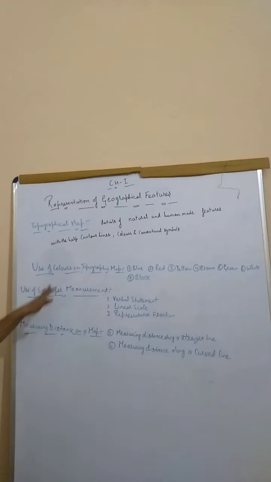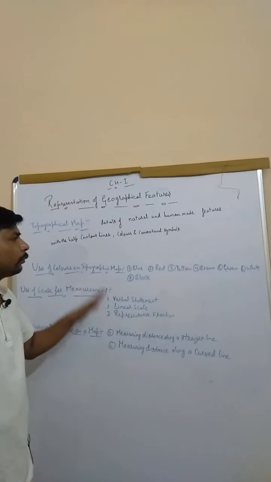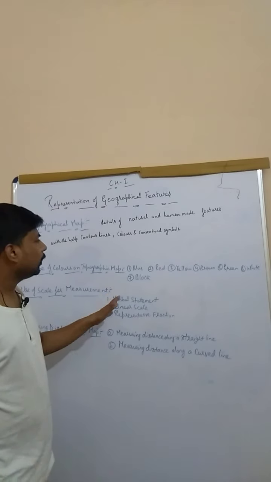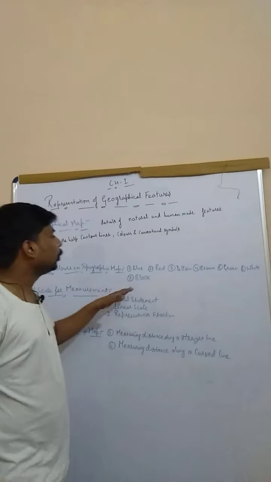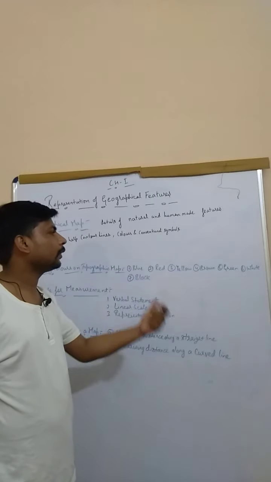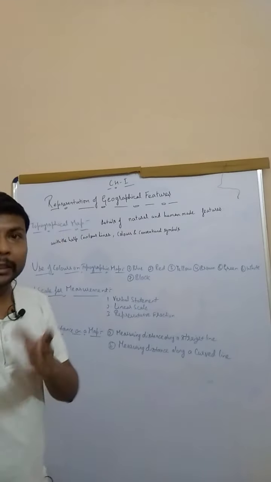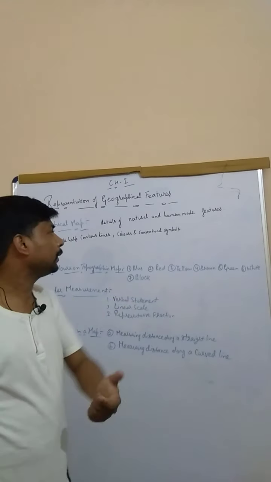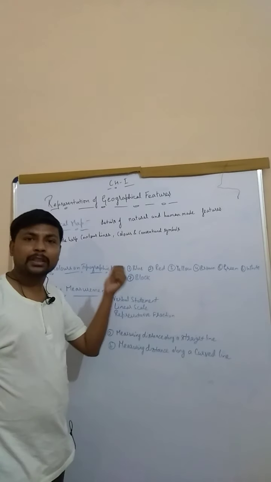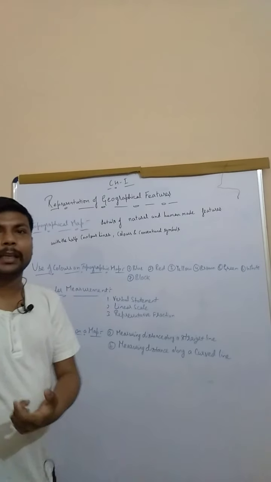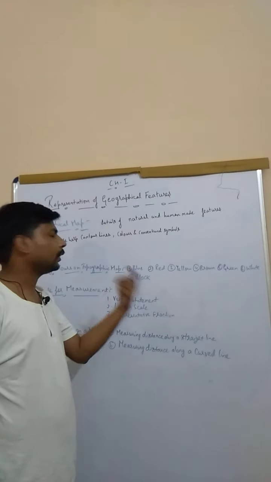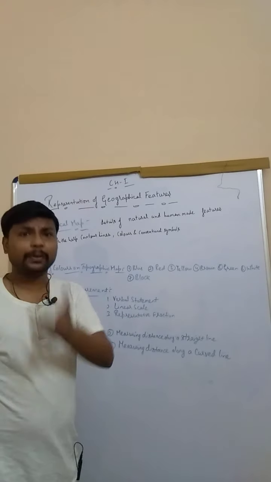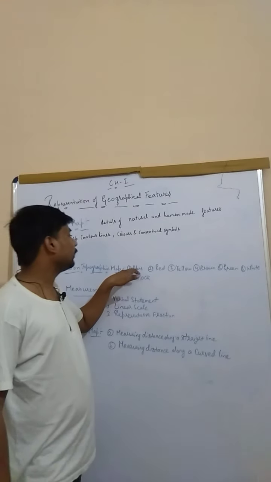So here we start with colors. Why do we use different types of colors in a topographical map? Here I have a list of colors for you: blue, red, yellow, brown, green, white, and black, right? Wherever you see the blue color, that sky blue, it is used in a map to show the water bodies, like seas, oceans, canals, and different lakes. To show that, we have this blue.